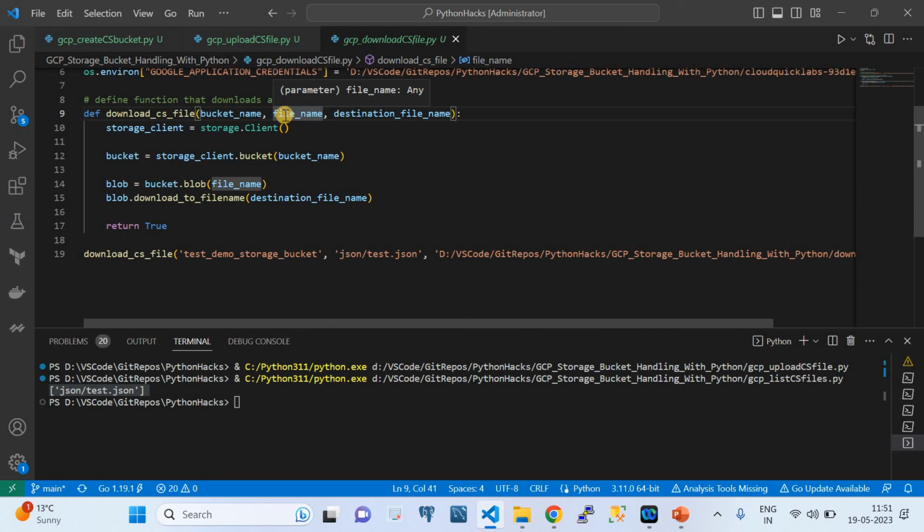That is, which file from the storage bucket, the Google Cloud Storage bucket. Apologies, I said S3 bucket. All right, so that file name has to be passed, and the destination file name also needs to be given. It contains a client, that is the storage client, and this is the